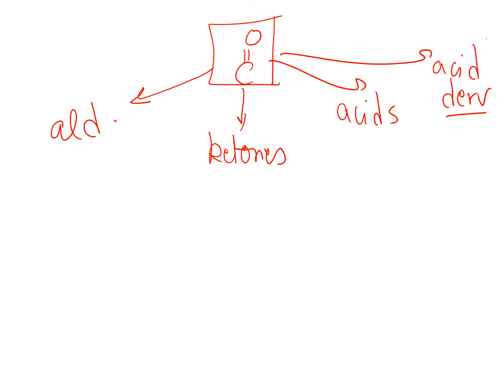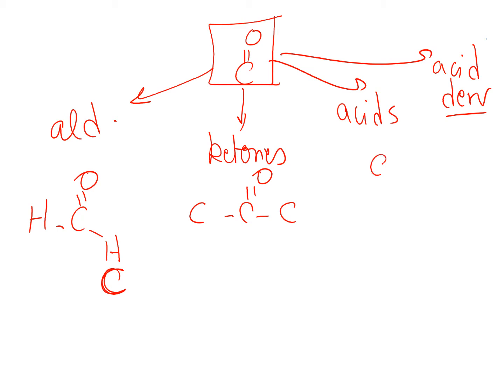How are they different from each other? In case of aldehydes, the carbonyl group has to be attached to a hydrogen from one side, and on the other side either a hydrogen or another carbon of a regular alkane. In case of ketones, the carbonyl group has to be attached from both sides to an alkane chain. In case of acids, the carbonyl group has to be attached to an OH from one side and whatever groups